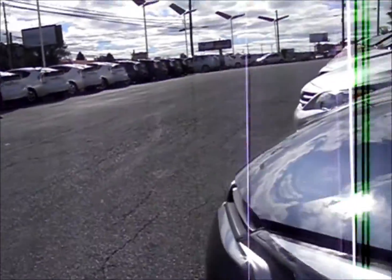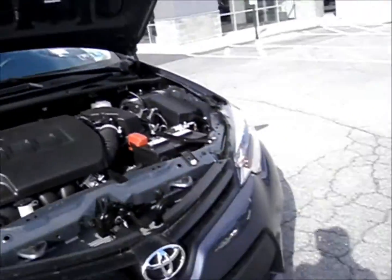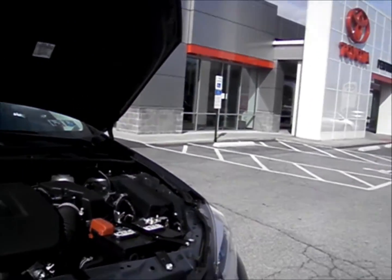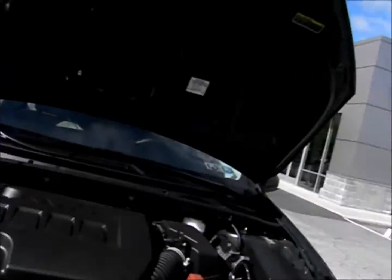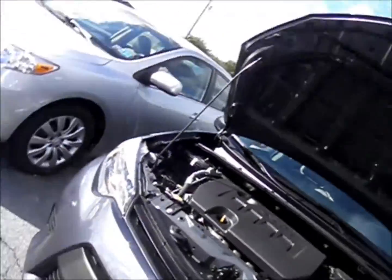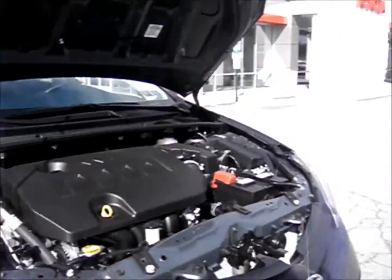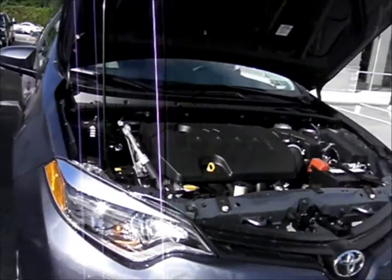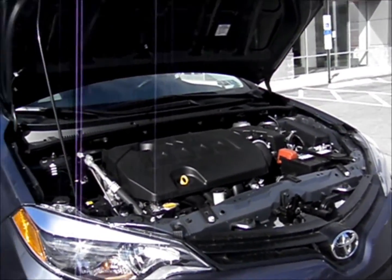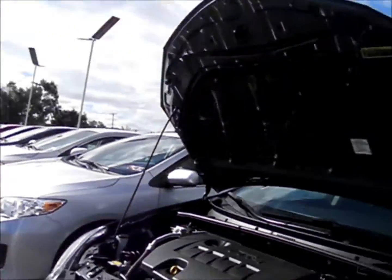The 2014 Corolla may have the same engine, but transmissions are different. The 1.8-liter four-cylinder engine is on every trim except for the LE Eco. The LE Eco gets a slightly different engine. It's a 1.8-liter Valvematic four-cylinder. Transmissions on the L consist of a 4-speed automatic or a 6-speed manual. The 6-speed manual is also available on the S Plus trim. Otherwise, every other trim will come with a continuously variable transmission, CVT for short. And it actually mimics gear changes if you put it on the sport setting. It has 7 different